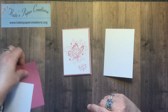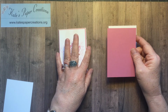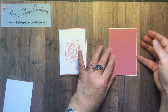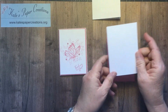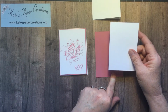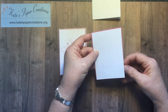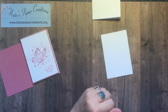Then the next layer is Rococo Rose, and it is cut 4 7/8 by 3 3/8. So it leaves just a 1/16 of an inch border on the base card, but we're not going to attach it yet. And then the next piece is our art piece, and I used the back side, but I'm turning it over. This art piece is Whisper White regular, and it is 3 1/4 by 4 3/4, because then it will fit on here with, again, just a 1/16 of an inch border all the way around, just enough color to set it off. And we're going to stamp this one, and I'm using Rococo Rose ink,